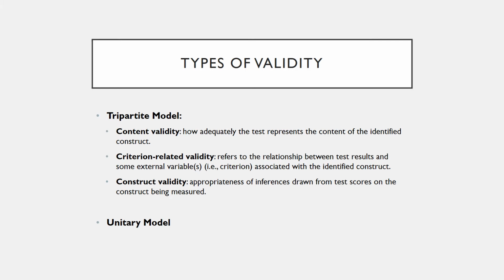How much those variables connect with each other to give us an accurate picture of that construct. And then there's construct validity, which is how appropriate it is to infer that a score on a test equals some sort of understanding about human behavior. So this is this idea that we've been talking about all along. Because someone scored a certain number on a depression inventory, is it appropriate to assume that they would meet the other criterion for a diagnosis of depression based on that inventory? So that's kind of the more traditional view of validity.